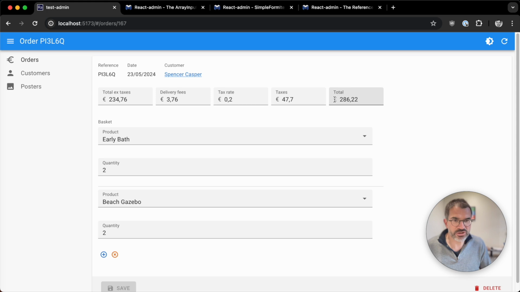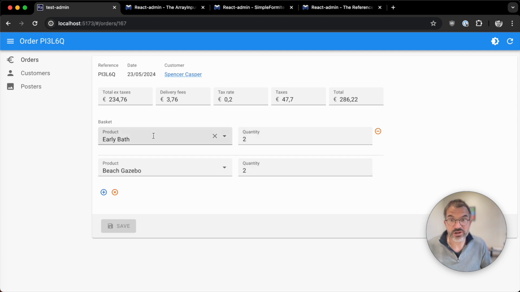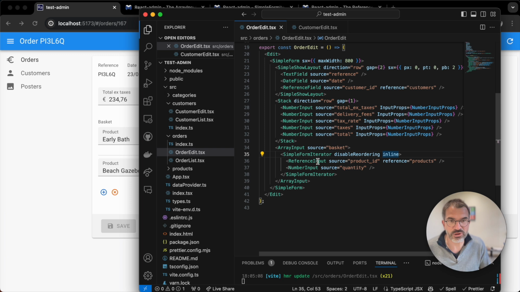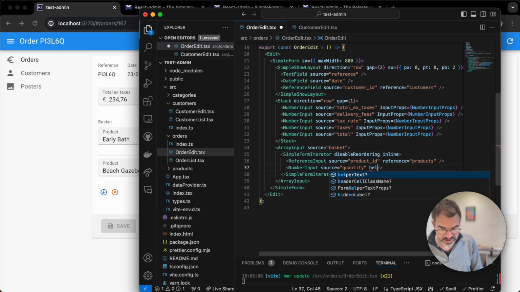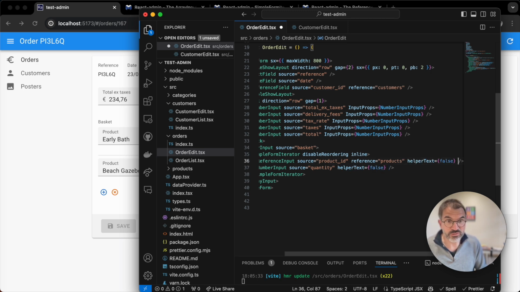So now I would like to customize the layout a bit. For instance, having these two inputs one by line is not very readable, so I'm going to use an inline layout. So each row is one line, each row in the basket is one line. And here I have some space reserved for the helper text of each input. I would like to have something more dense, so I'm going to remove the helper text: helperText false. And I would like to do the same for reference input, but that won't work because reference input is